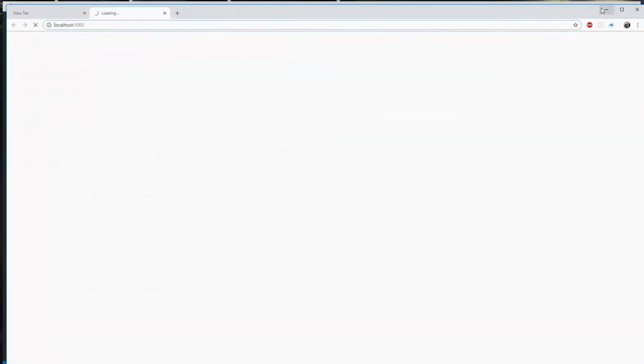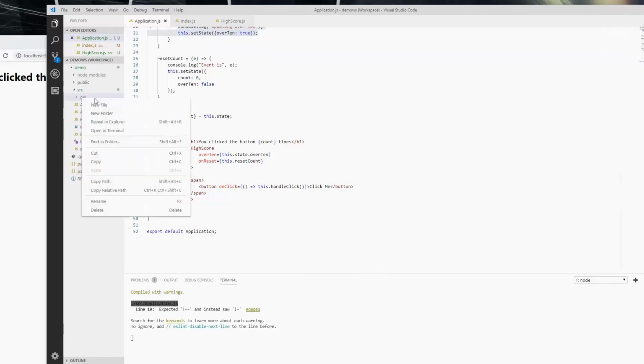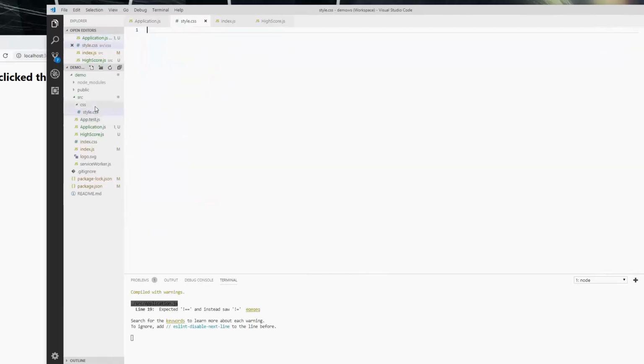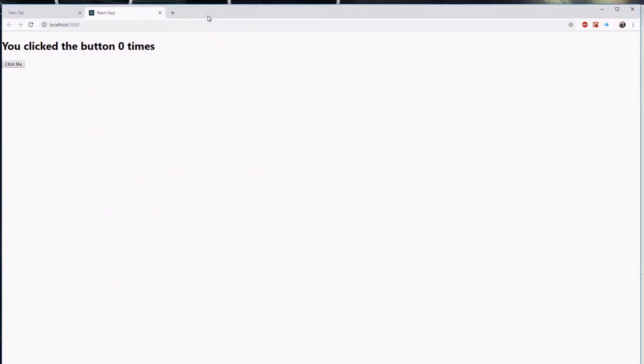This is going to load up here, so just let that do its thing. In the CSS directory, I'm going to create a new file called style.css,